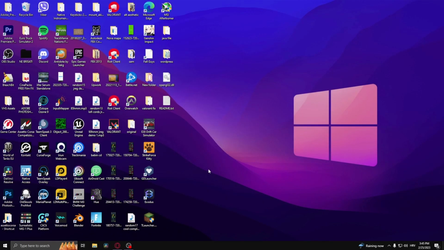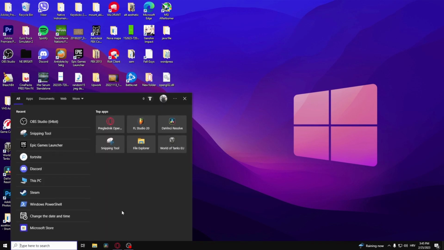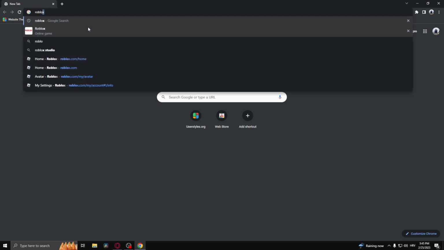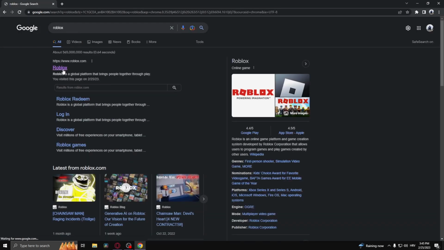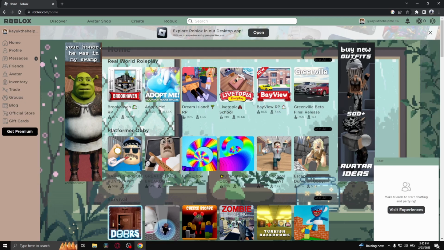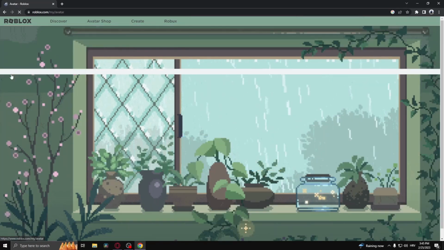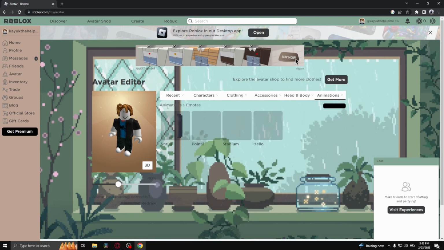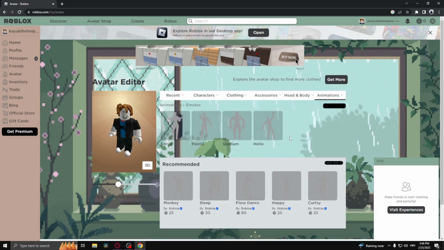How to change your profile emote in Roblox. So what you want to do is open up your web browser, type in Roblox, then from here go to your avatar, go to animations and emotes, and from here what you want to do